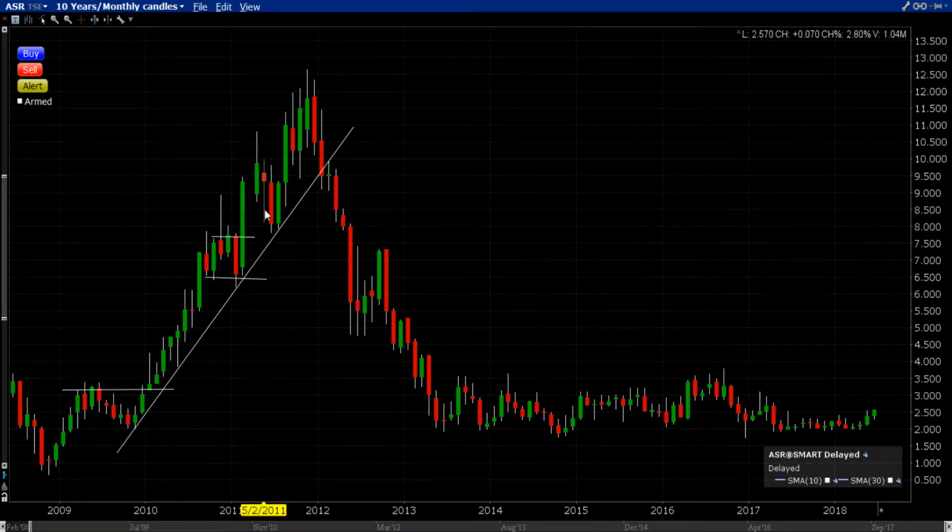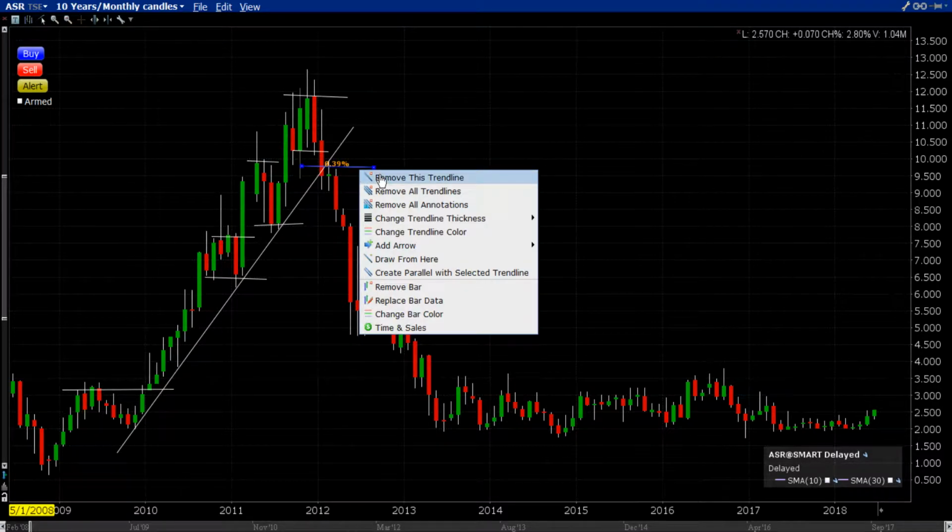Pull back. And then more than a pullback. When the lows... trendline violations are usually a very good sign that the trend's slowing down. It's not a way to get in or out on a breakout or breakdown, but once you're in, trendline violation,